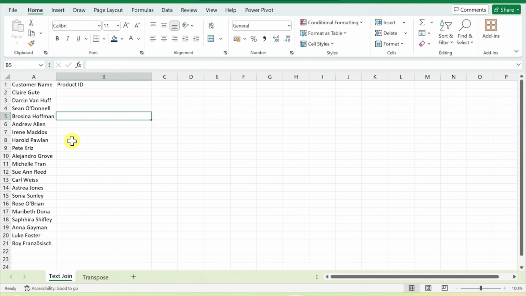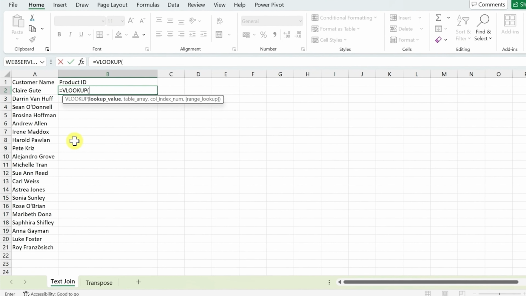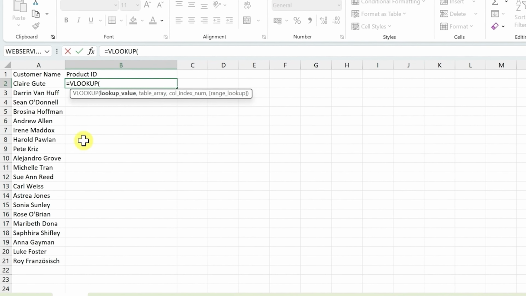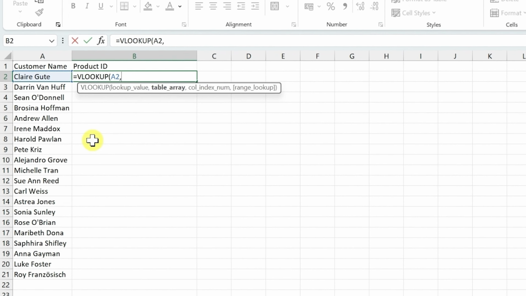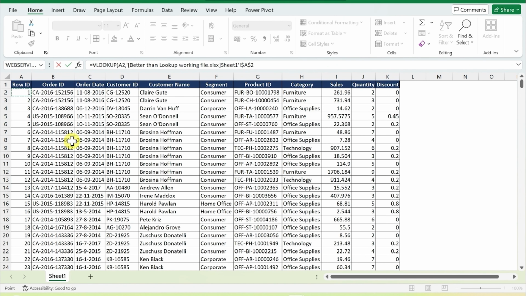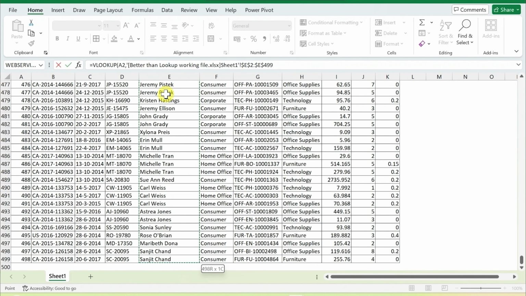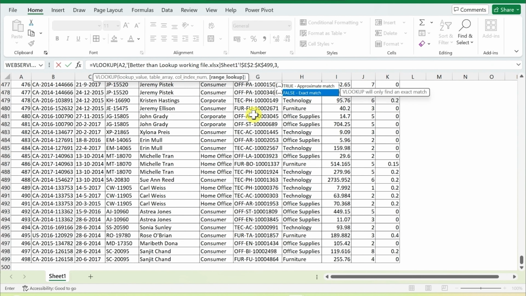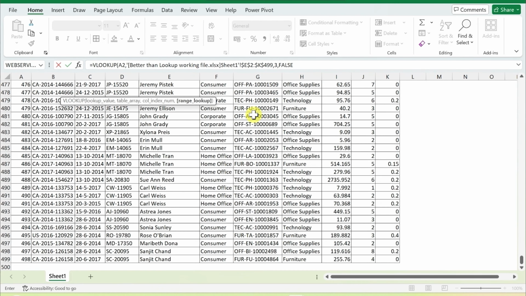So one simple way we generally approach this is to just do a VLOOKUP. Now let me show you what exactly happens if we apply VLOOKUP or even XLOOKUP. Let's say I quickly do the VLOOKUP, which is very easy. I'll start from here, select the entire range, and lock that. Oh, this is already locked. Then I'll select 3 because I'm doing it from here. This is 1, 2, and 3. 3 is my product ID column, and once I do that, I'll select false as an exact match